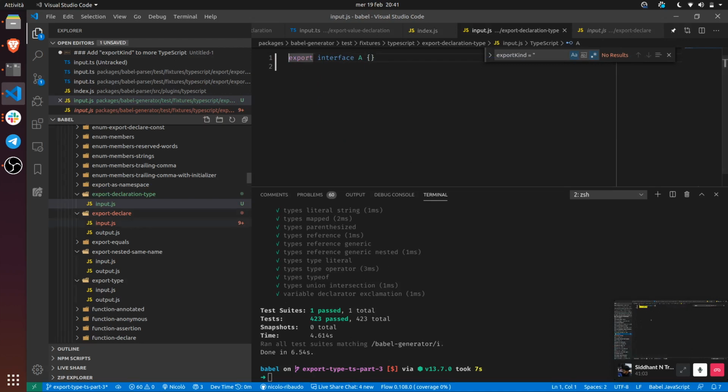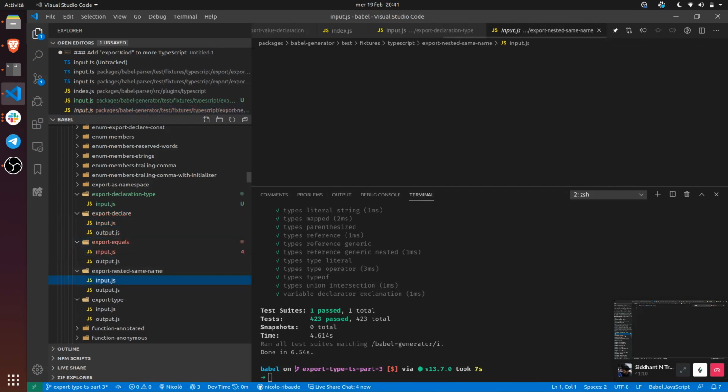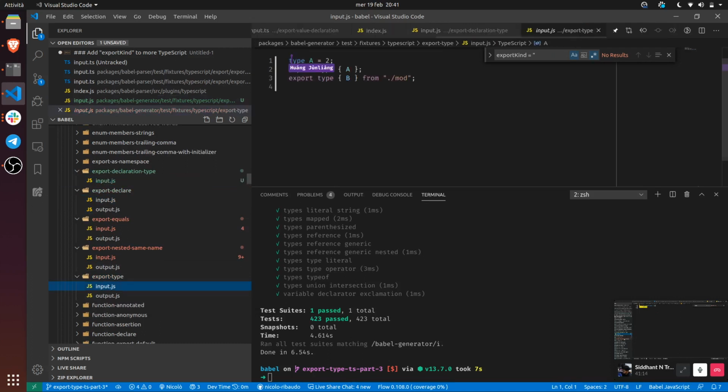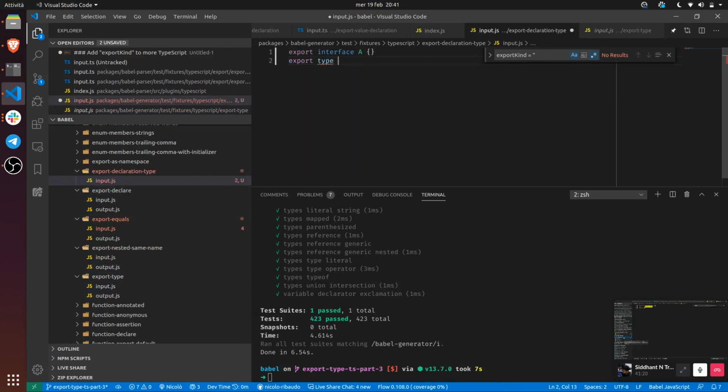Okay, well, I don't see any test about export. Okay, no, I don't see any test about export type. So I'm also, yeah. I mean, I'm adding this to the same file. Export type B. Okay, so